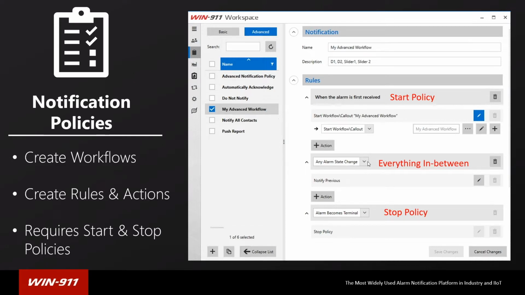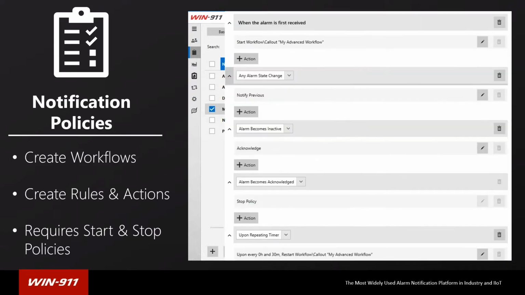You could even have it call other call groups if you'd like. So in this next picture, this is an example of a full policy. I think it's a pretty solid policy. So if we were to start when the